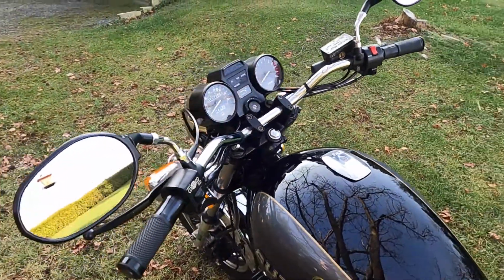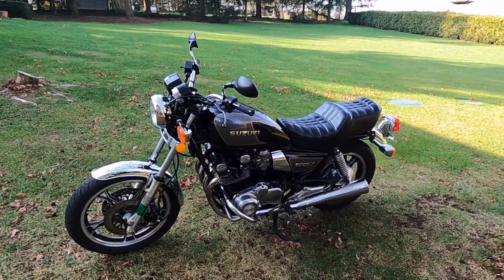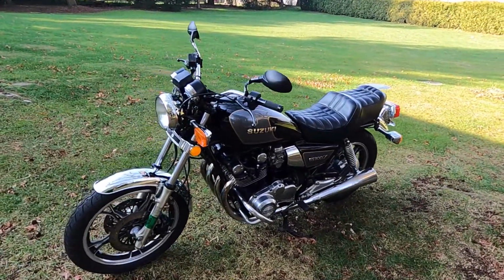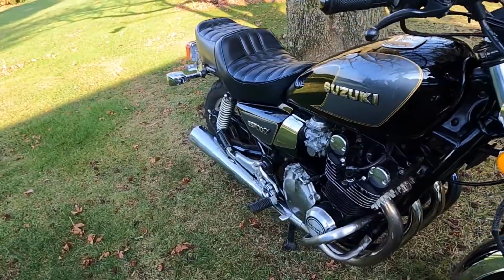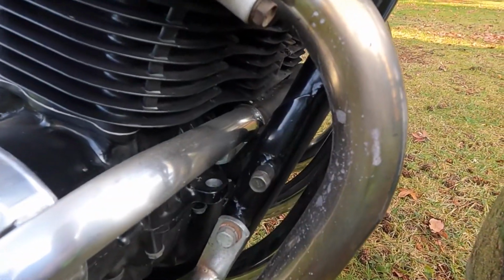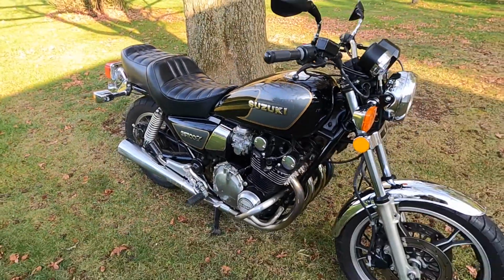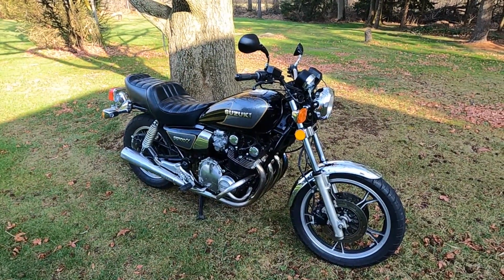We're going to be doing several projects shortly. And those include, we're going to put a Delcovic 4-into-1 stainless exhaust on this bike. Should really give it a nice sound. The stock pipes are fine, but they just don't have much sound to them. These pipes in particular, they have some discoloration and some surface scratching on them that it just makes it a little bit unsightly. So we're slowly restoring this one cosmetically, and we will be putting the Delcovic pipe on here shortly and going for a ride. I'll let you see what it sounds like, and I'll go over a little bit more what